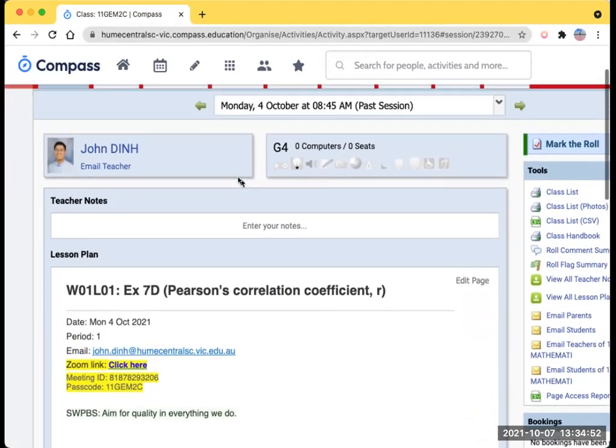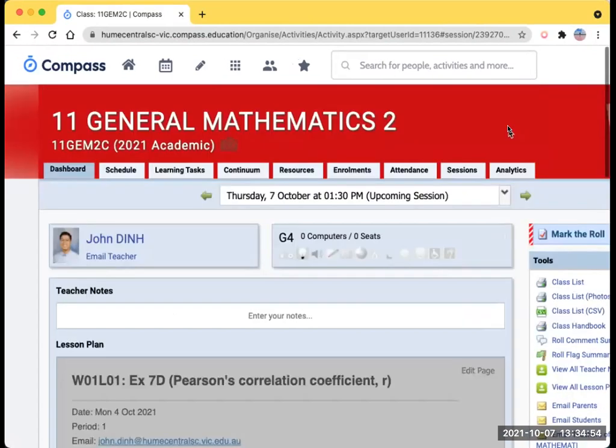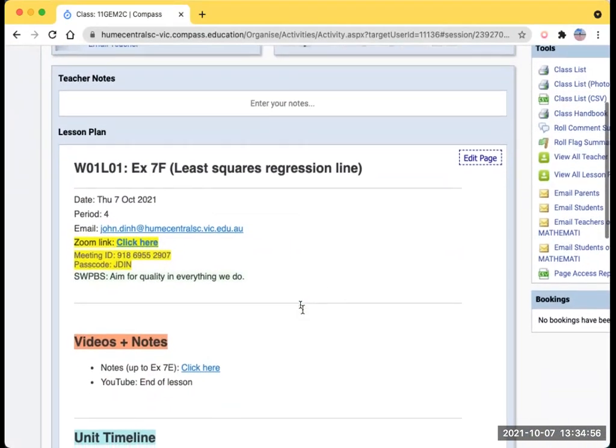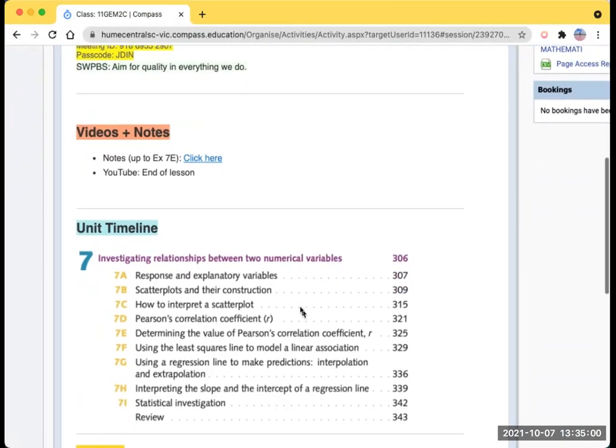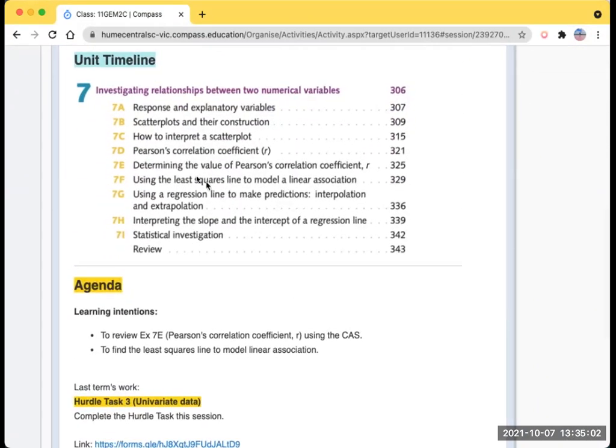So today we'll spend a bit of time revising. I'll do an example or two from 7E, and then we will go on to 7F, okay? All right, but just before we get that started, I'm just gonna,